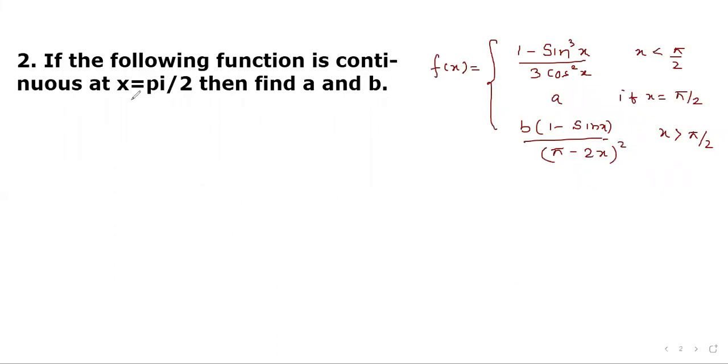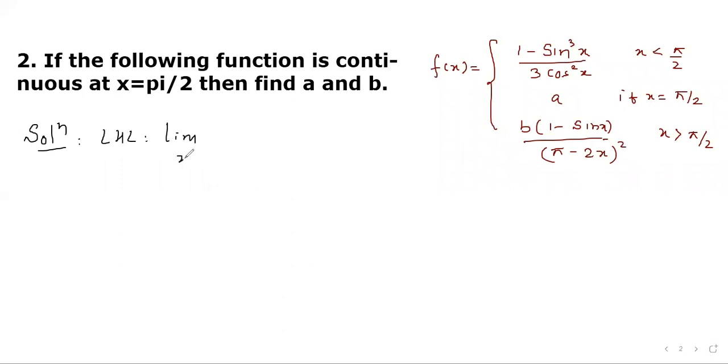Let's go to question number 2. If the following function is continuous at x equal to pi by 2, then find a and b. The function is f(x) equal to (1 minus sine cube x) divided by 3 cos square x when x is less than pi by 2. It is a when x equal to pi by 2, and it is b times (1 minus sine x) divided by (pi minus 2x) whole square when x is greater than pi by 2. LHL,